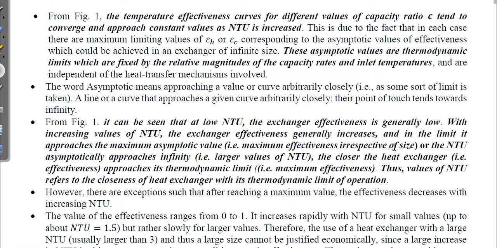So the maximum effectiveness is approached as NTU asymptotically approaches infinity. We see NTU reaching large values, and then the closer the heat exchanger approaches its thermodynamic limit. As NTU increases, the effectiveness also approaches its maximum limit, whatever it can touch. So we can say that the value of NTU refers to the closeness of the heat exchanger to its